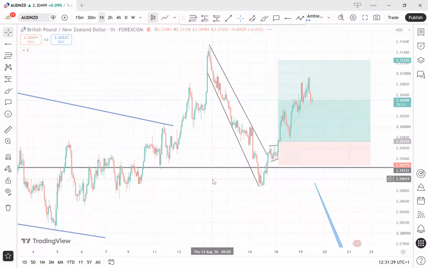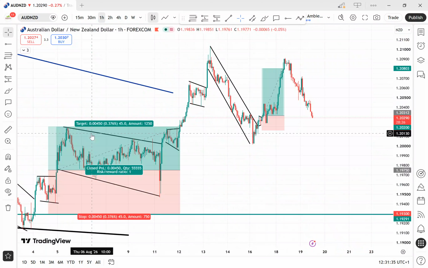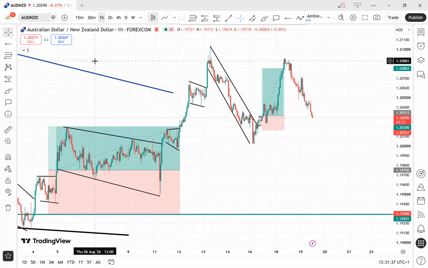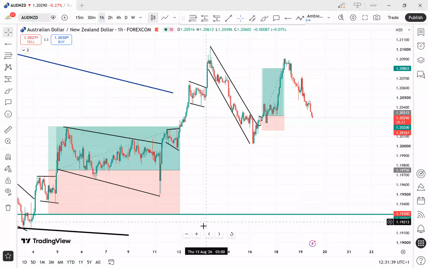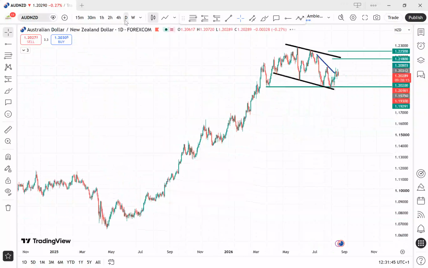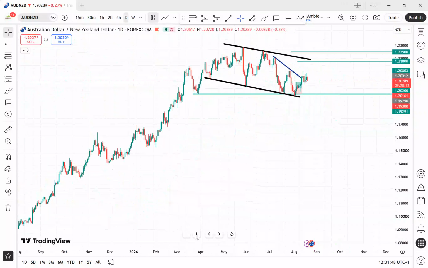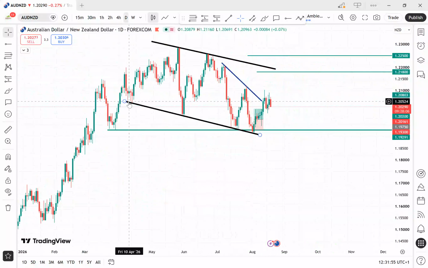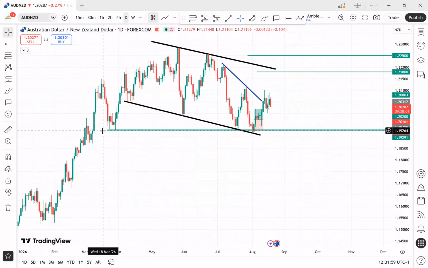So going down again, we have AUD New Zealand dollar, Aussie Kiwi. Last week we talked about this trade. Let's check on the time frame to see what we actually have there. On the higher time frame, we talked about this low, and how the price has been moving in this higher time frame structure. You can see we have this touch here, 1, 2, 3, 4,